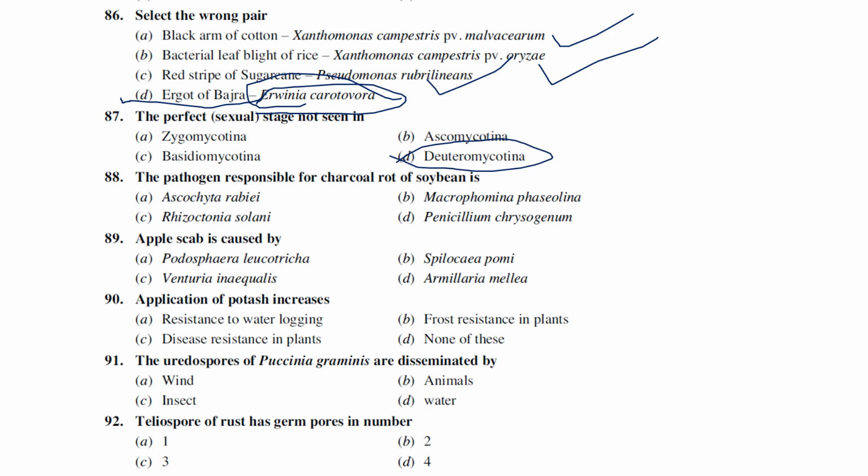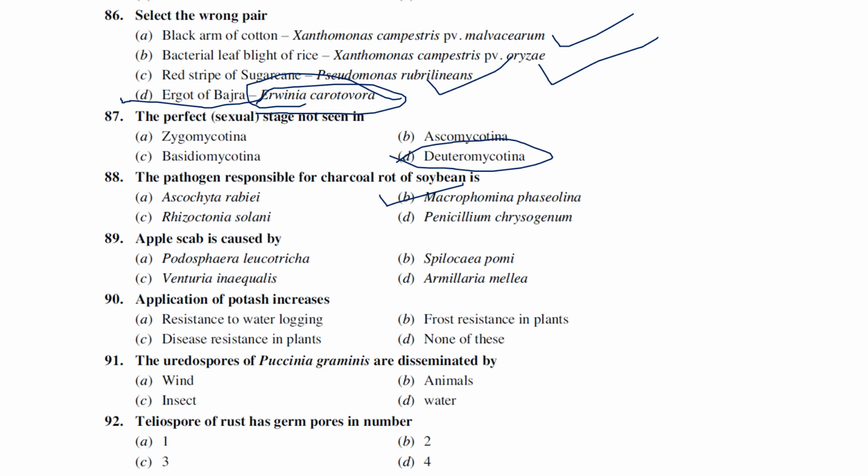Deuteromycota, because Deuteromycota are fungi which produce no sexual spore, the dustbin fungi or fungi imperfecti, as we used to call them, right? So the next one is the pathogen responsible for charcoal rot of soybean. Charcoal rot is caused by Macrophomina phaseolina only. With closed eyes you can pick it. So Macrophomina phaseolina. The next one: apple scab is caused by